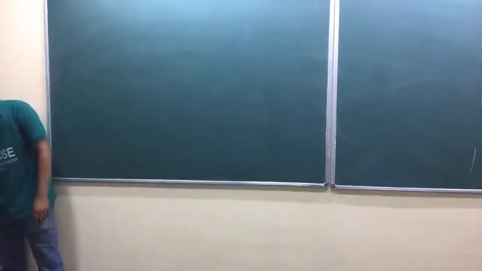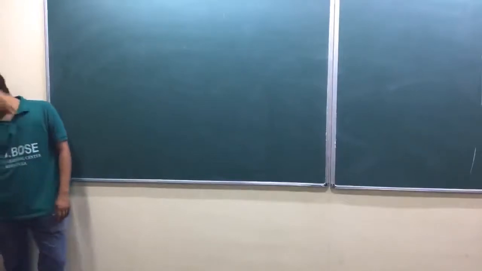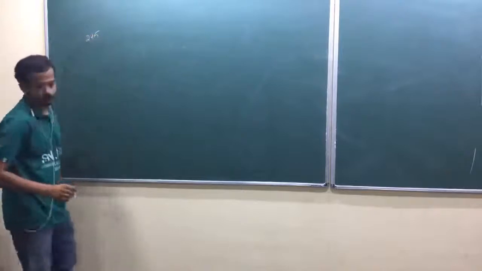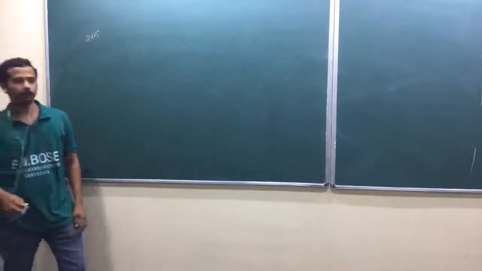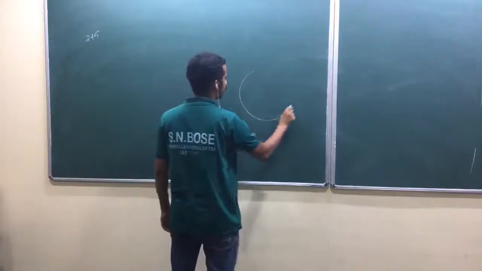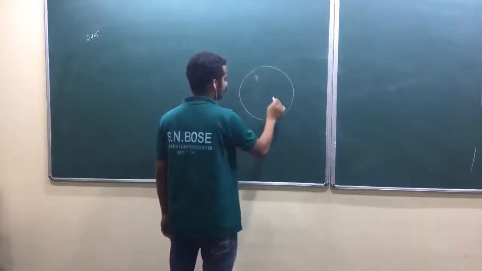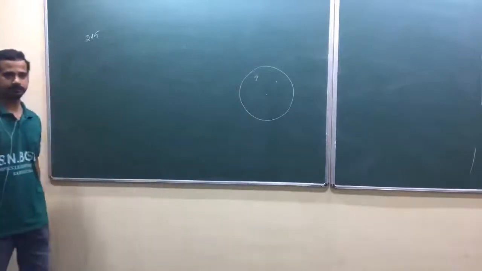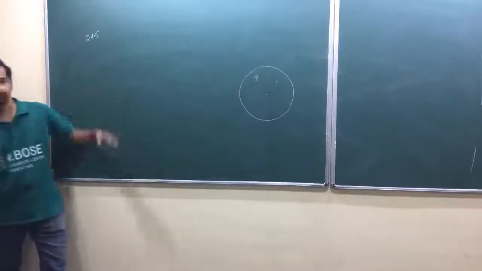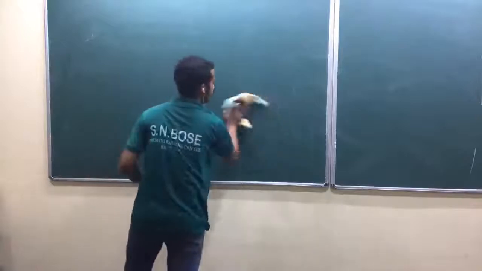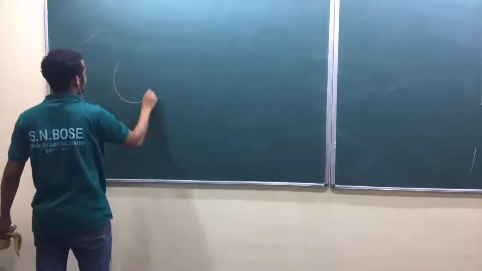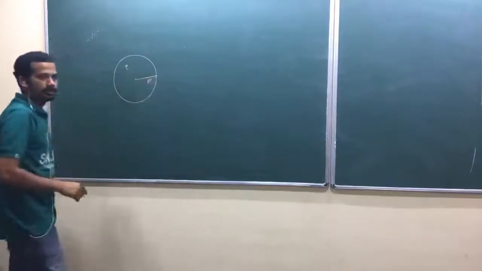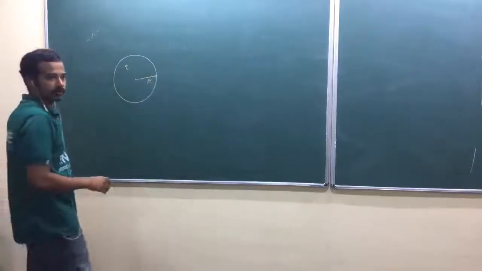Now let me do problem number 2.15. I hope you can do our earlier problem. We have a charge Q which is uniformly distributed. Find the electric field inside that one. Wait a second. Before getting into that one, let me design some more questions. I have a uniformly charged solid sphere of radius capital R.